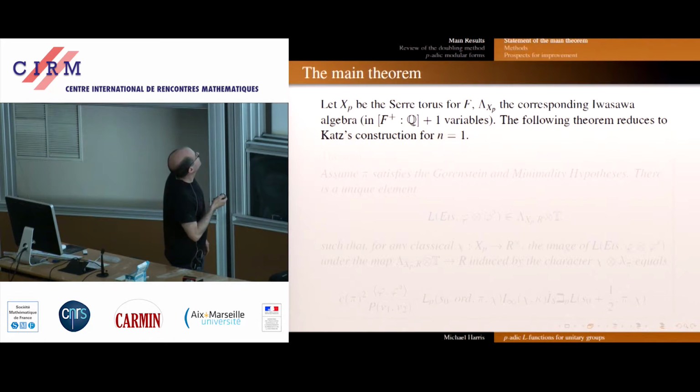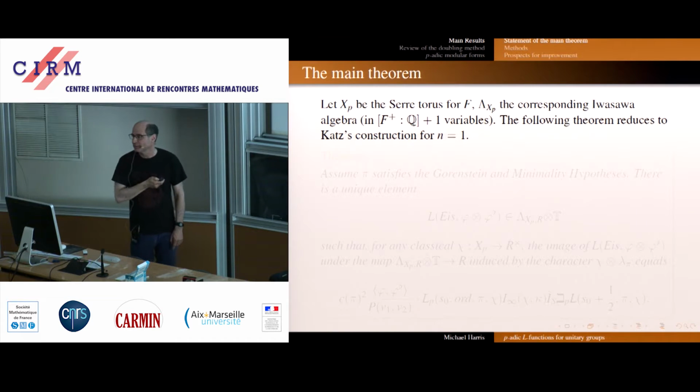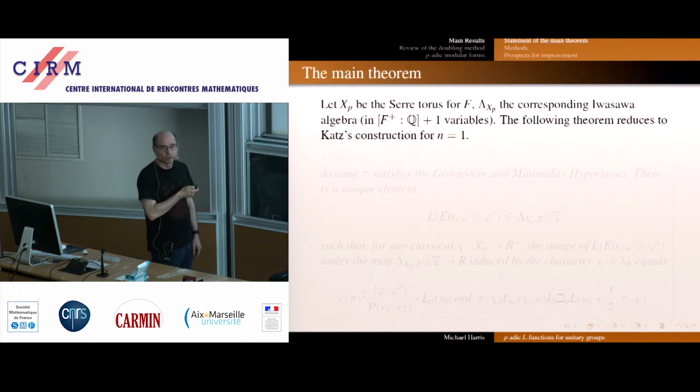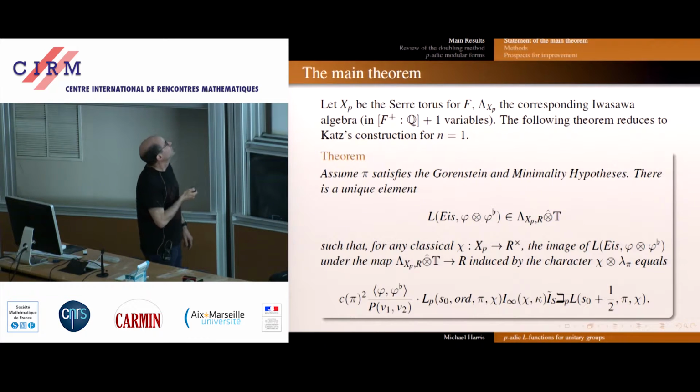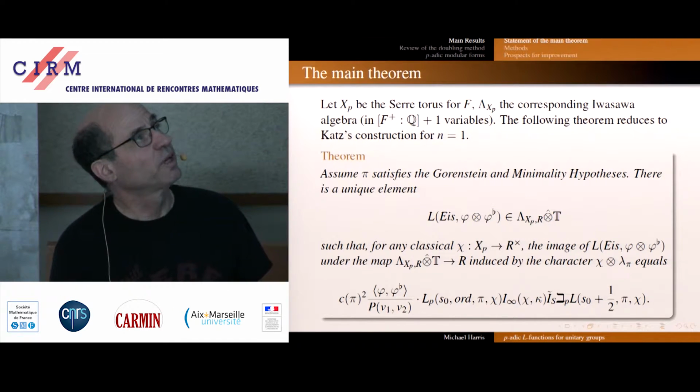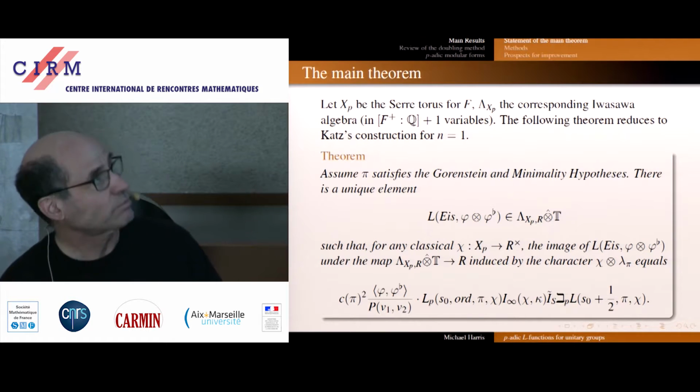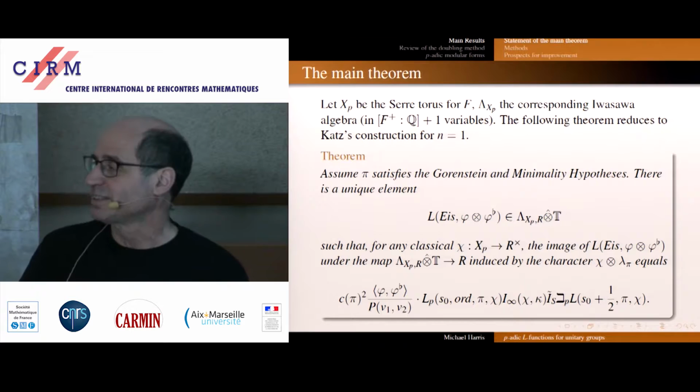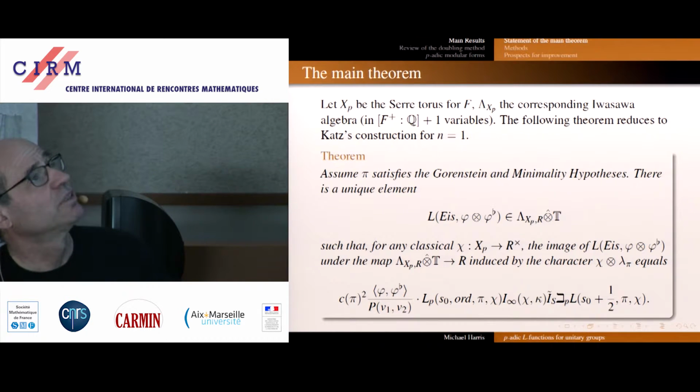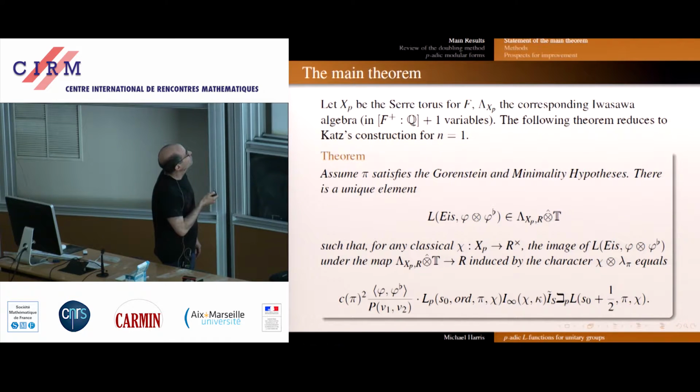And then you get an Iwasawa algebra with one extra variable. The following theorem just gives back Katz's construction for n equals 1, where there is no Hecke algebra. So assume we've got the two hypotheses. Then there is a unique element. There's something fake about this unique, by the way, as you'll see. In the completed tensor product of this Iwasawa algebra for XP with coefficients in R and their chosen Hecke algebra, such that whenever you specialize,